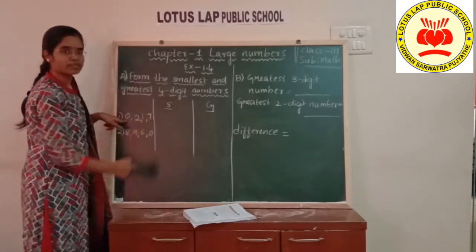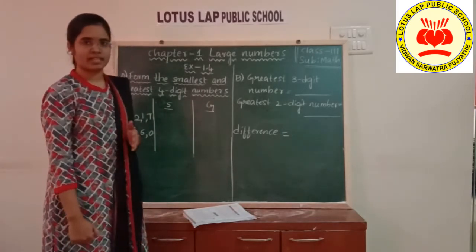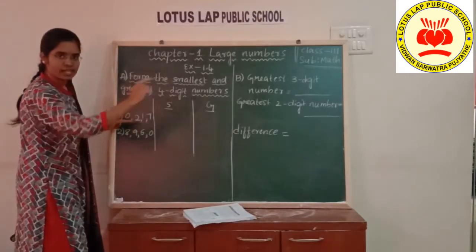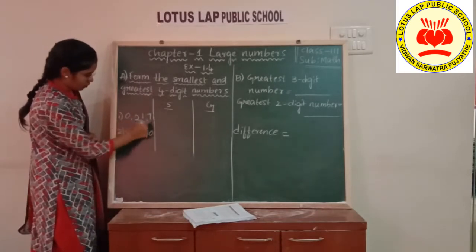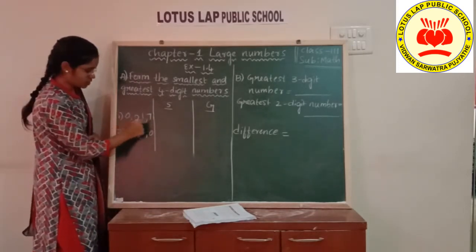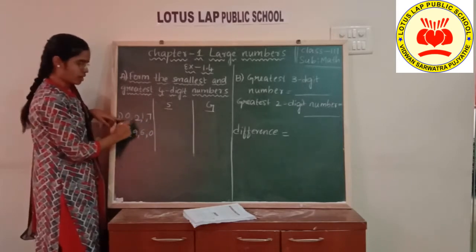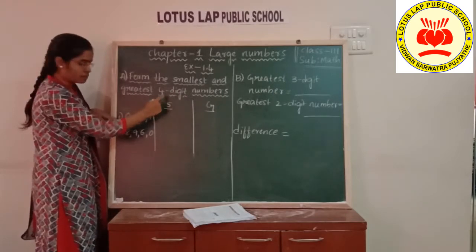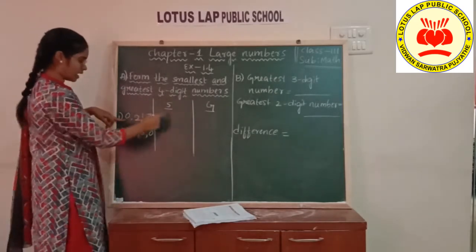Okay, first smallest. Which order we need to follow? Which order? Ascending or descending? Yes, ascending order. We need to arrange these 4 digits in ascending order first, so that we will be getting the smallest one. Now, what is the smallest number among the 4 digits children? 0, 2, 1 and 7? Yes, 0. Can we write 0 as we are discussing about 4-digit number? So can we write 0 first? Yes, we cannot write 0.